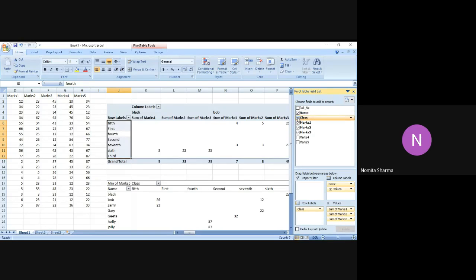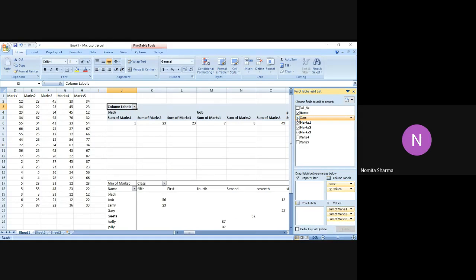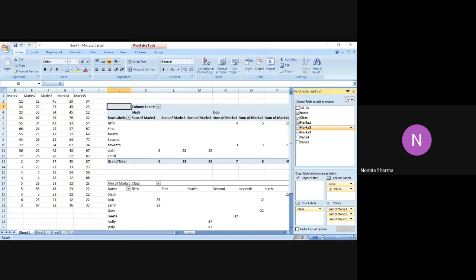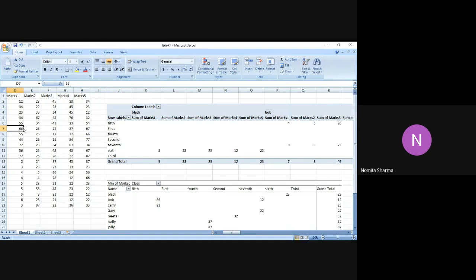As per my liking, I've made a choice of only name and class, and it has given me the data only for that. So these changes are very flexible. I can easily make that in the pivot table just at the click of an option. It would hardly take a second for me to select the field and have a table ready. But if I do the same thing on the master table, the disadvantage is that you may lose track of the data change that you have made in the master table.